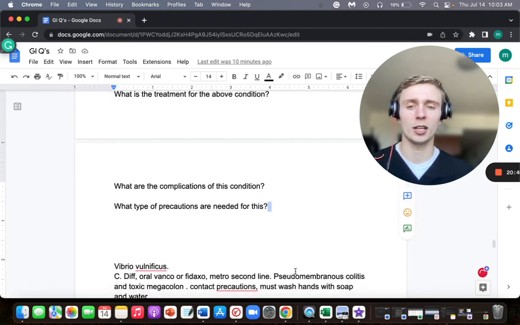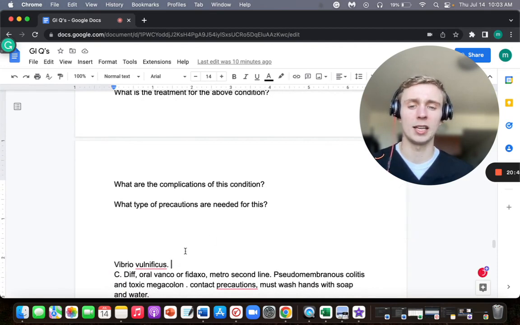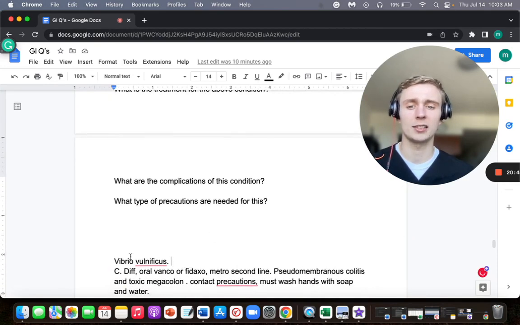So the first one, the shucking oysters in the hot summer months, then eating them after with the necrotizing fasciitis, that's Vibrio vulnificus. And the next one is C. diff. So remember, after clindamycin, the biggest offender for that, hospitalized, older patient, immunocompromised, you want to be thinking of C. diff. And remember, C. diff is actually a non-invasive diarrhea as well. So that's why they're having those symptoms in C. diff.